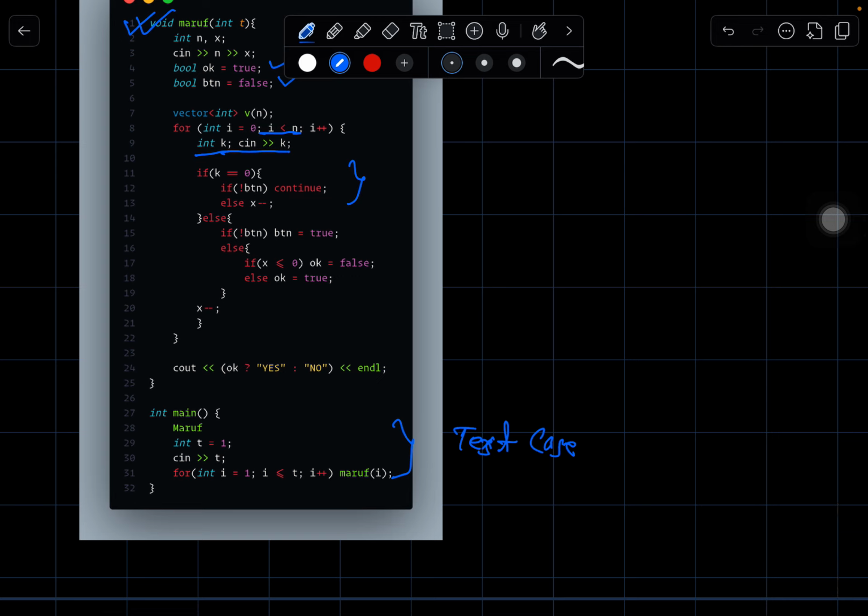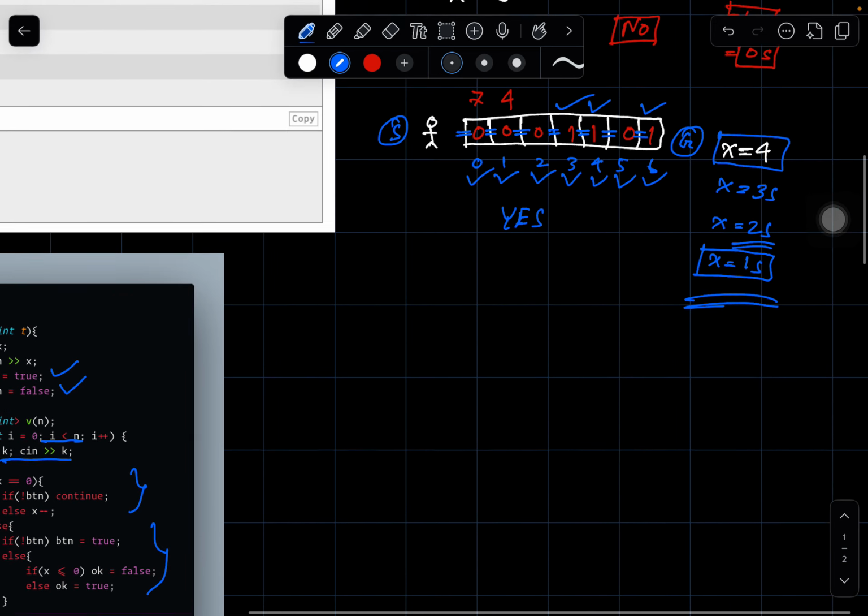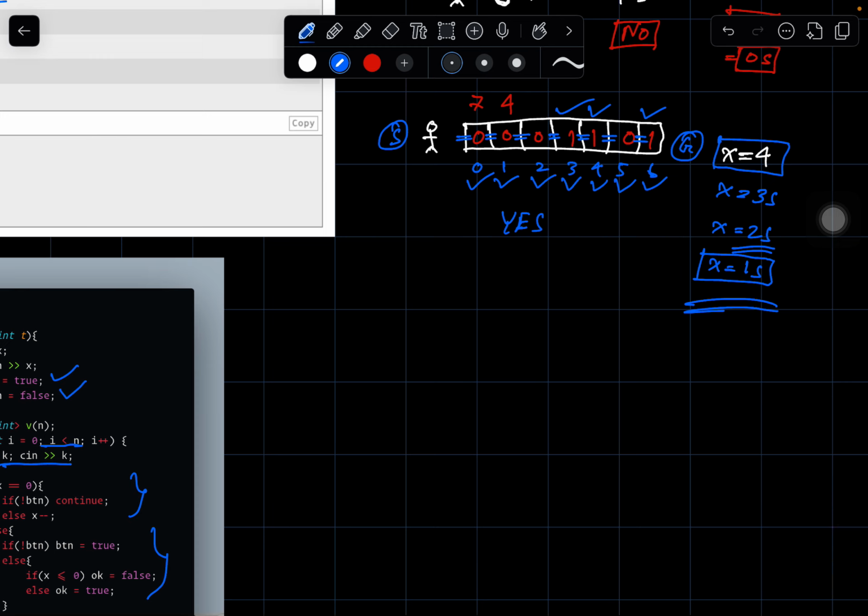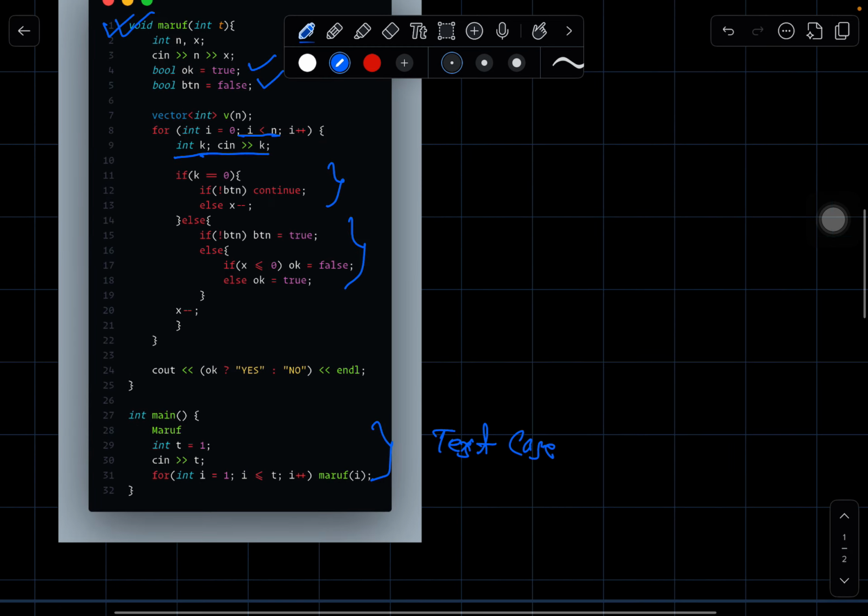In the else part you can see that I check if the button is not clicked, then I have to turn on the button. That means if the value of k is not 0, the value of k is 1, and when the value of k is 1, it means that Yusuf has to use the special button ability. So in this case I turn the button from false to true, and if this is not the case, then I have to check the condition